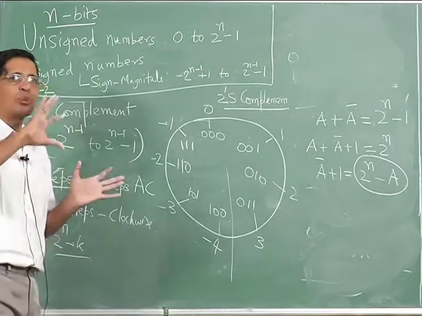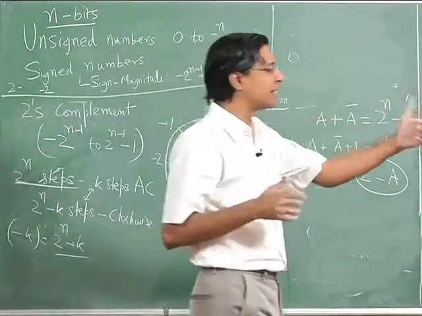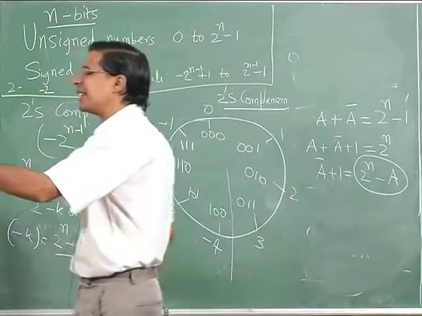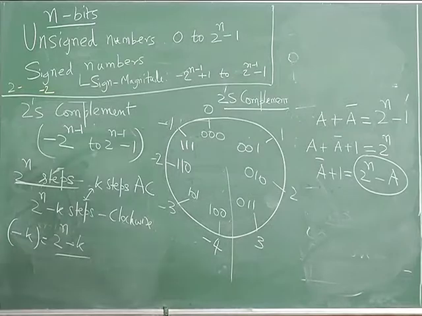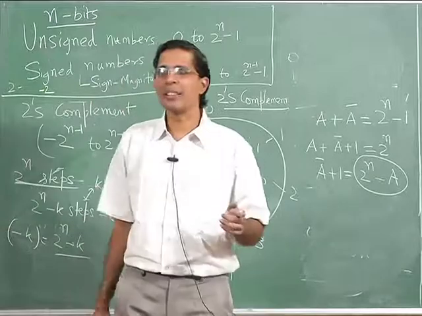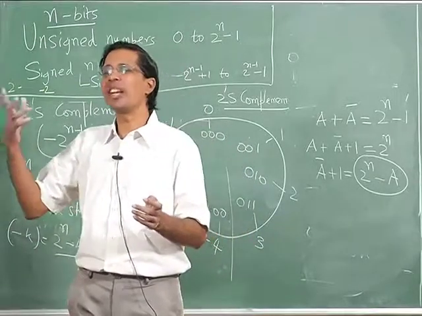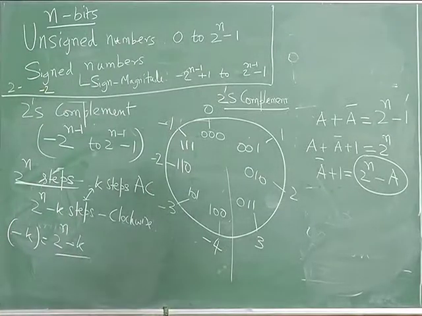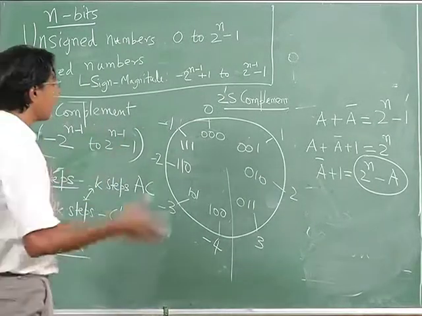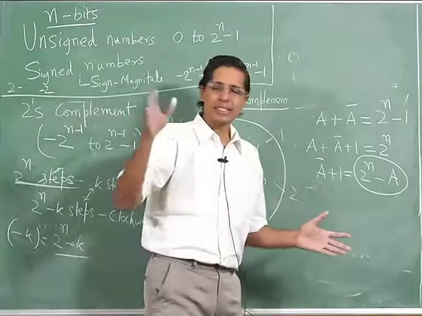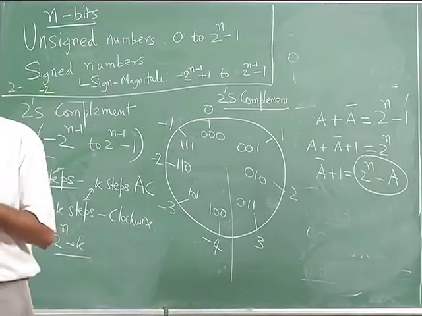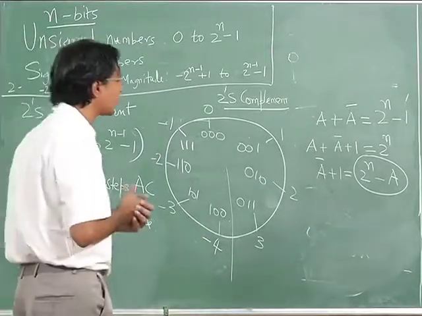Somebody sees a number, so the computer dumps a number, I want to find out whether it is negative or positive, I would normally try and see the most significant bit rather than the least significant bit. In addition, the least significant bit can be used for another constructive purpose, like whether it is an odd number or an even number. Given a decimal representation, we test the last digit for even or odd, and we say that the entire number is odd or even. Similarly, I can test a bit and find out whether it is odd or even.